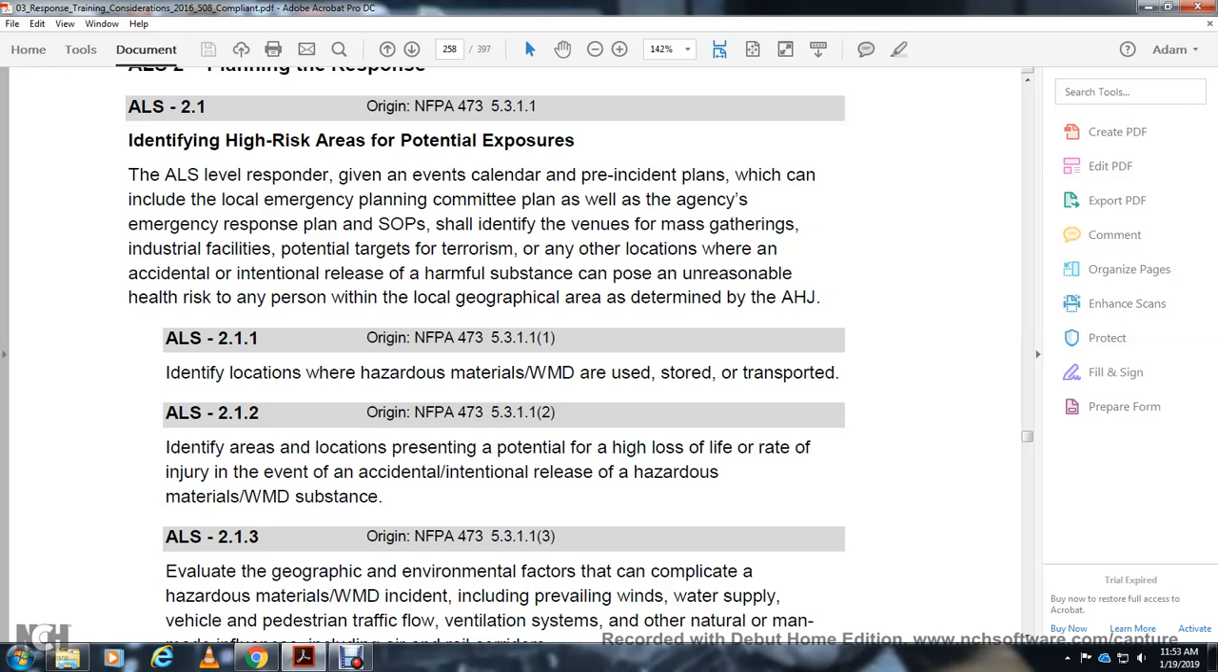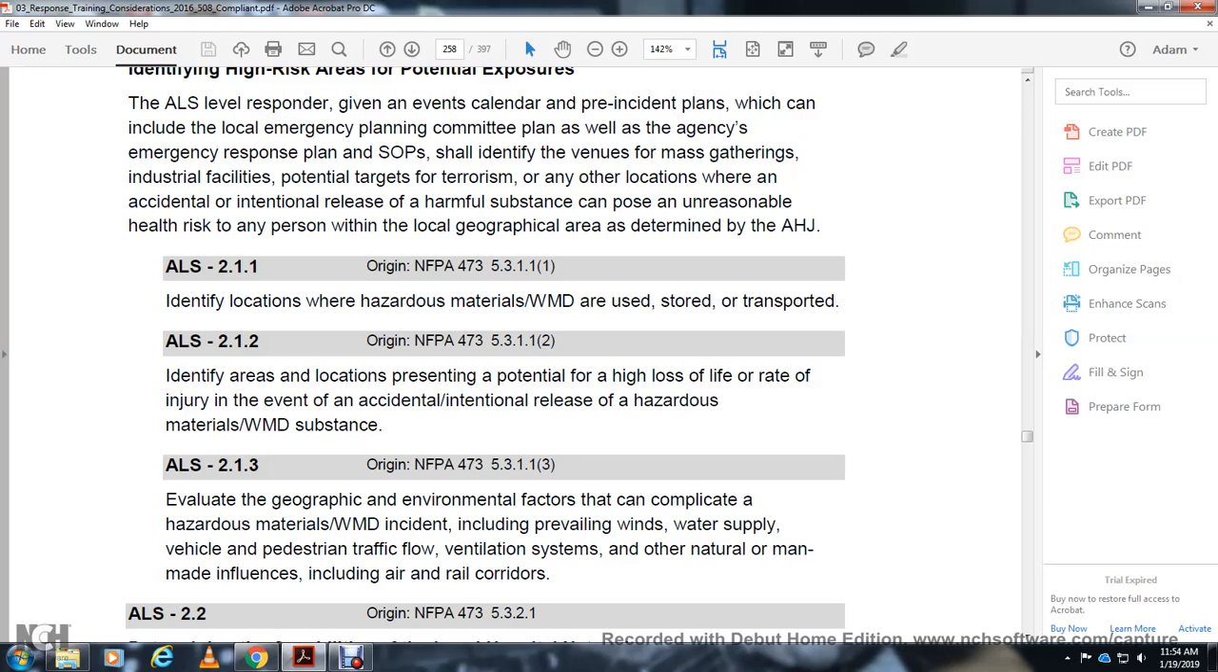high loss of life, injury, or an event, the accidental initial release of the hazardous weapon of mass destruction substance. Evaluate the geographical and environmental factors that complicate the hazardous materials weapon of mass destruction incident, including the prevailing winds, water supply, vehicle and pedestrian traffic flow, ventilation systems, and other natural or man-made influences, including air and